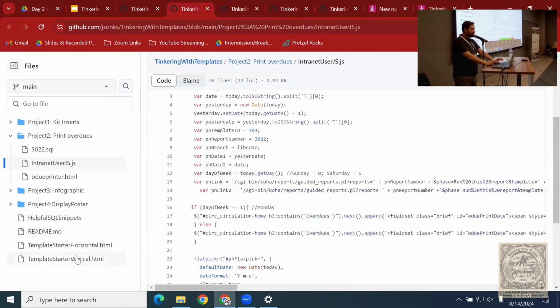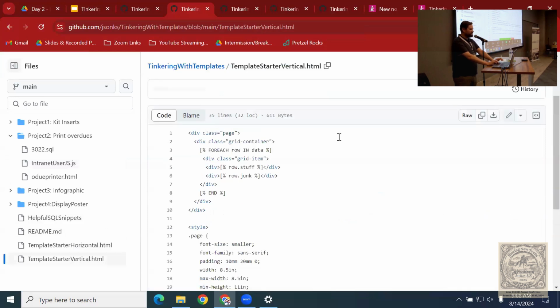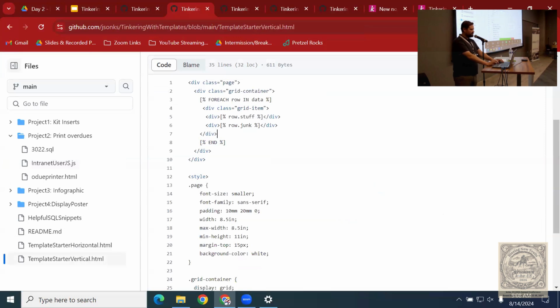So I have two different templates in here, one for horizontal, one for vertical, and they're just sort of a starting point. So I'm just gonna copy that and put it in my,